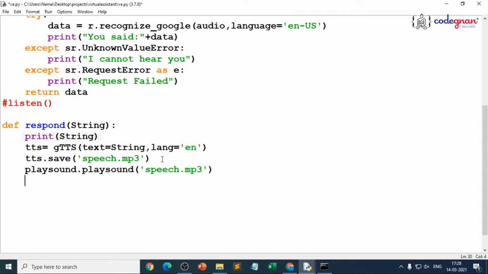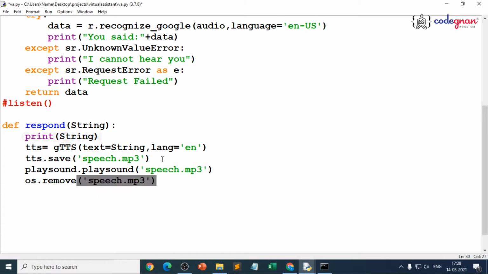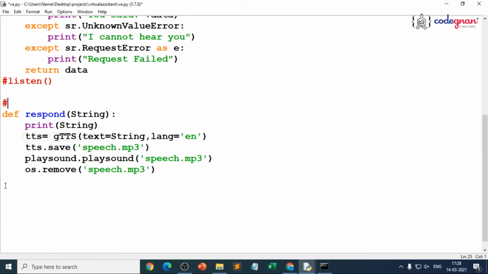Then it should automatically remove every time, because once we speak, we will make our virtual assistant ask multiple questions. In the first phase, I'll just make it interactive, but next I'll tell it to ask the time, I'll tell it to open the browser, I'll make it perform multiple tasks. So for that reason, I just give os.remove of, the path is automatically in the same location, that is speech.mp3, because os.remove will make sure that it will be removed, but only according to the function call, right? This is for the responding. I'll just make sure for responding that both the functions should be called.